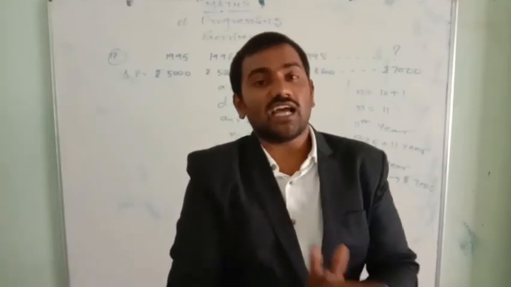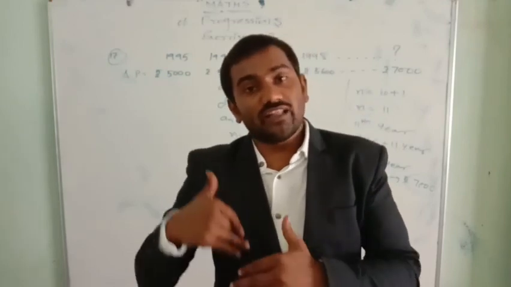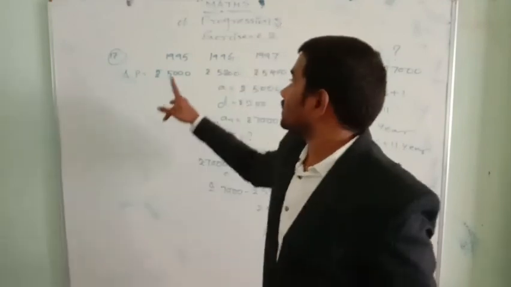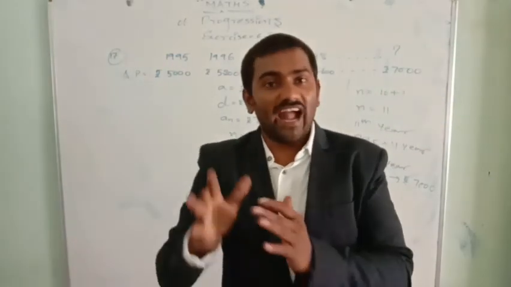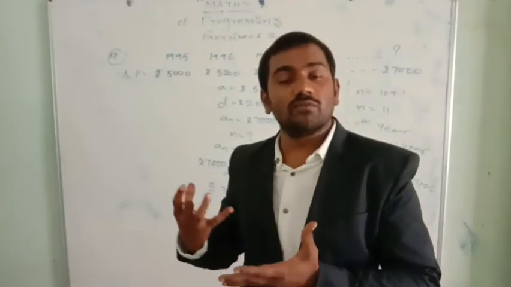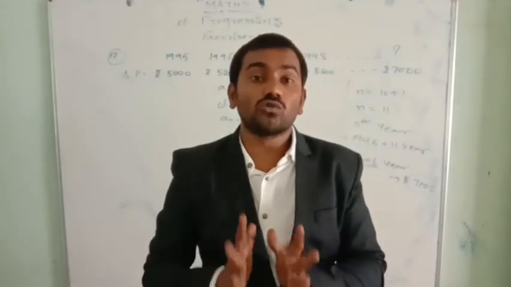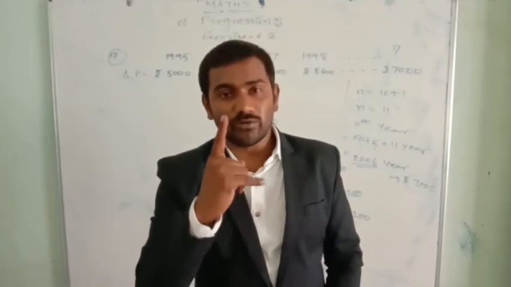Watch the previous exercise and this exercise, make notes to understand very clearly. In the next video I will tell you how to find the sum of these. If you add this completely, what do we get? By writing in vertical form and adding each and every term, it becomes very difficult. So how to add by using a formula, the sum of the arithmetical progression, that we are going to learn in our next video.